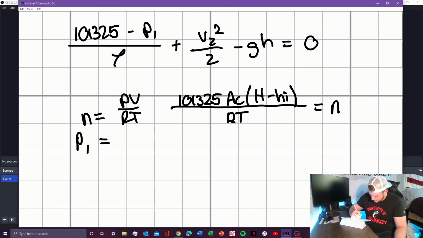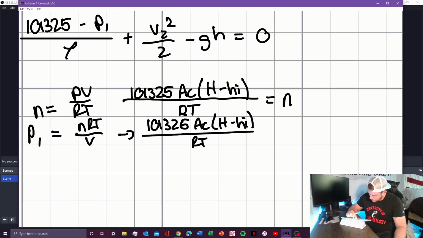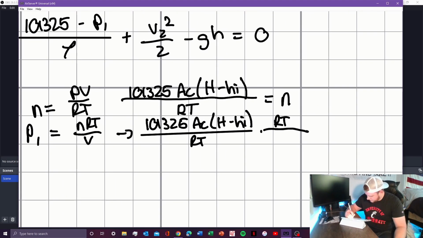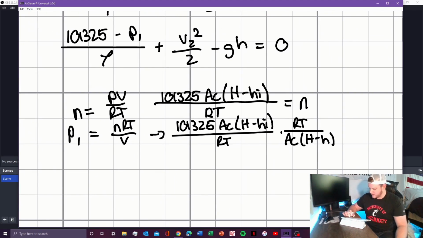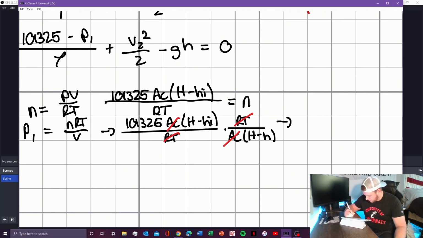So when we need to solve for P1, which is equal to nRT over V, we can plug in n again: 101,325 times (A_c times (H minus H initial)) over RT, times RT over the changing volume, which would be A_c, the cross-sectional area, times the height of the tank minus the height at any given time, as the water level moves. We can then see things cancel: RT cancels, A_c cancels, which leaves us with P1 is equal to 101,325 times (H minus H initial) over